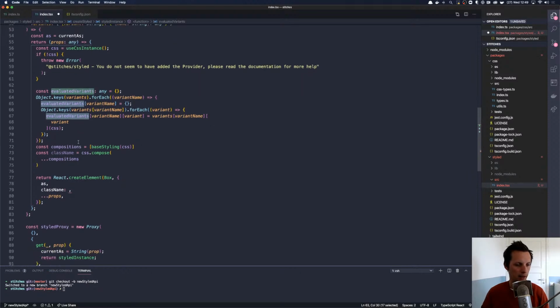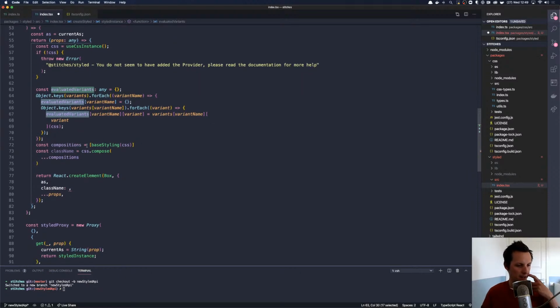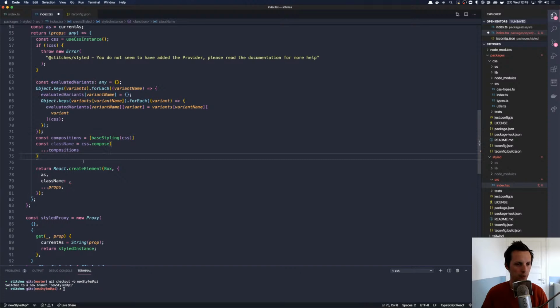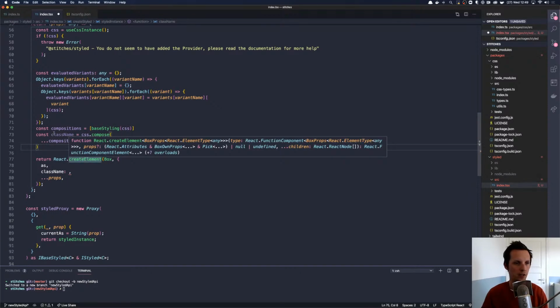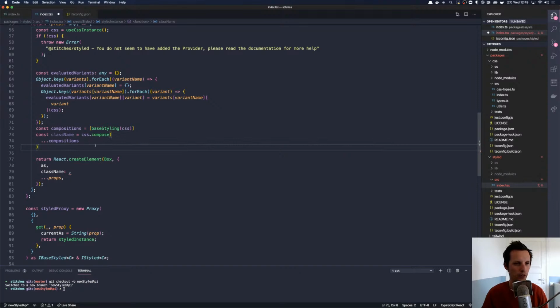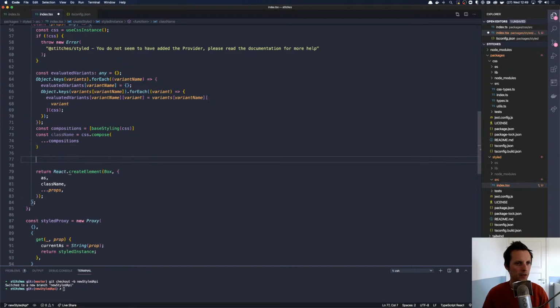So we need all the available variants and check if it exists as a prop, and if it has a value. That's right. So we'll do that super explicitly now, and then we'll go into the optimizations and maybe even refactor some code. A super straightforward way to do this is to, let's see, class name. A super straightforward way to do this is to yet again go through the variants